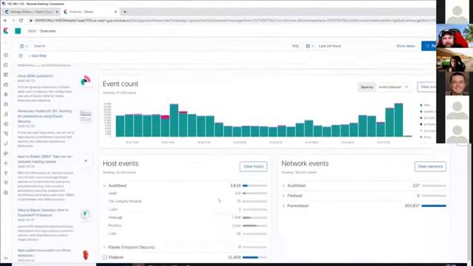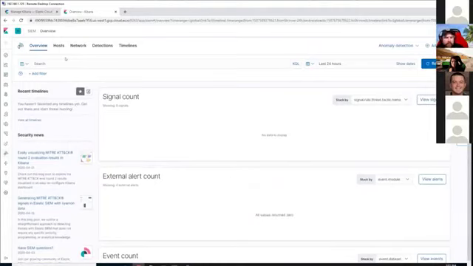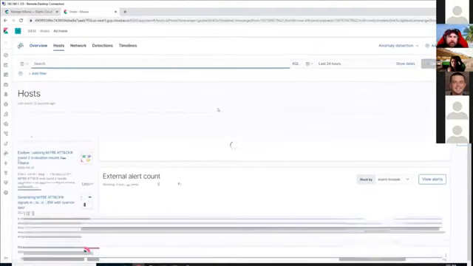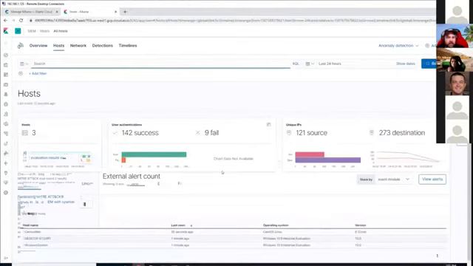But one of the things I wanted to show, if we come over to hosts, for example, it should list out our Windows machine and our CentOS machine. And it's funny because we can see 9 failures. And what some of those failures are